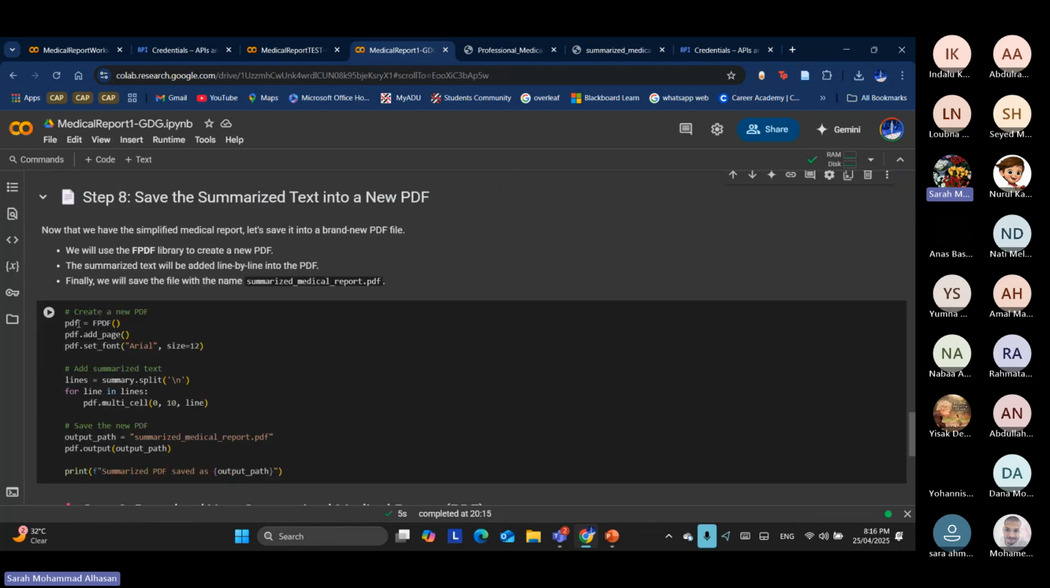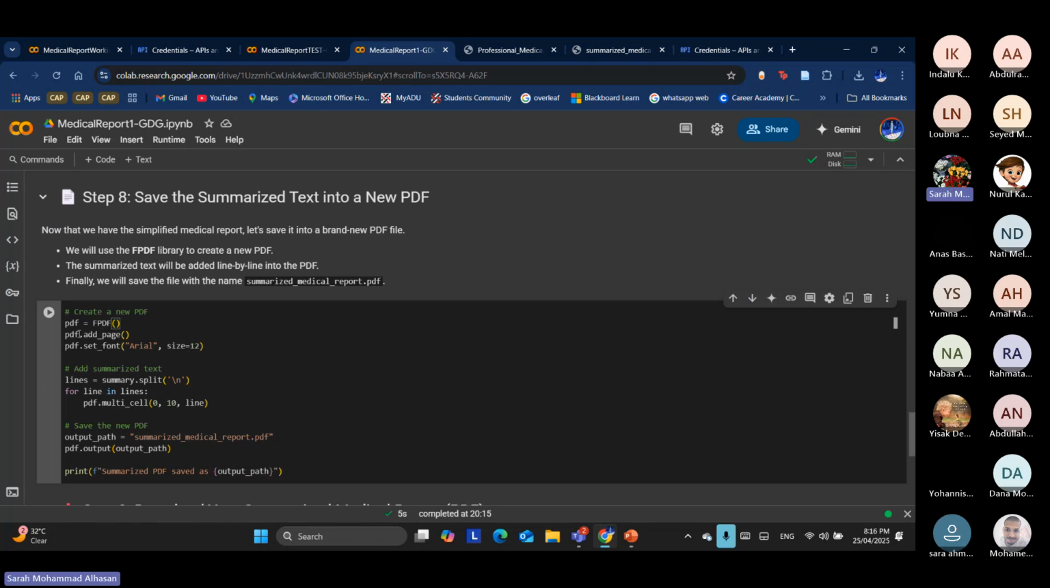So we're just doing PDF equals fPDF and then add page. We're just adding a page so the information can be stored in. And then here, these lines of code are just for the formatting, like the size and the name of the font. You can change the formatting however you want. And finally,